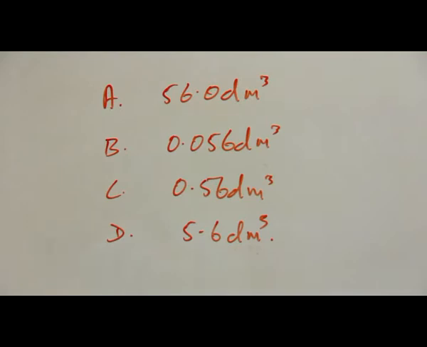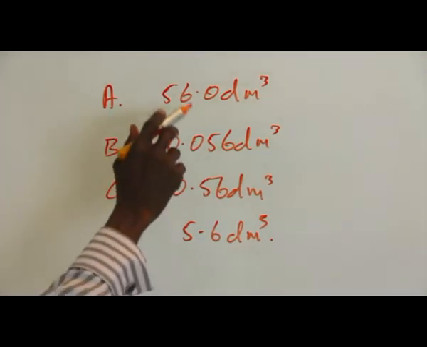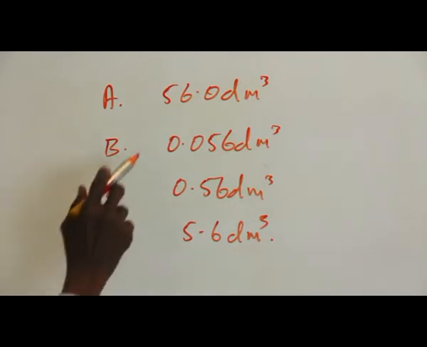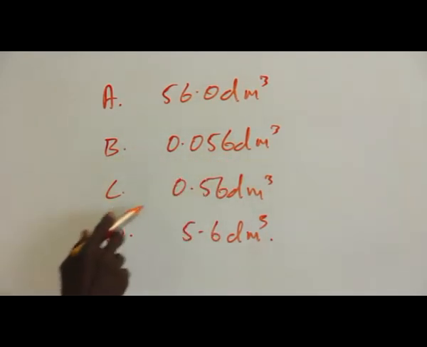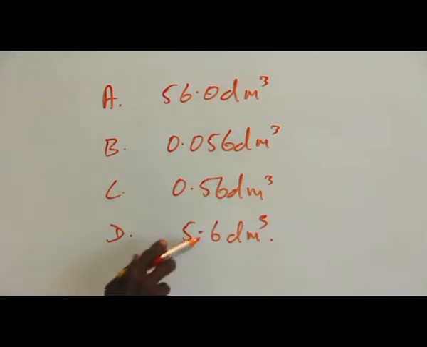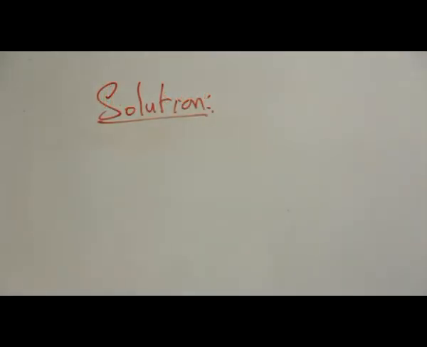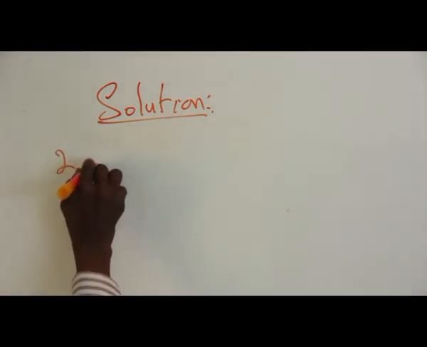The options are A. 5.60 dm³, B. 0.056 dm³, C. 0.56 dm³, and D. 5.6 dm³. Now, from the balanced equation, 2 moles